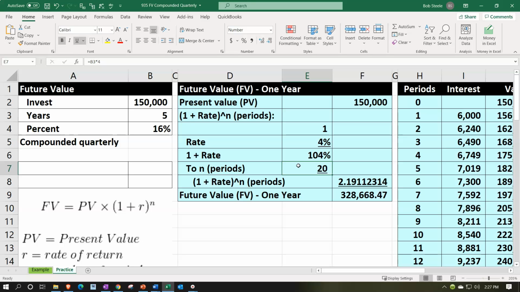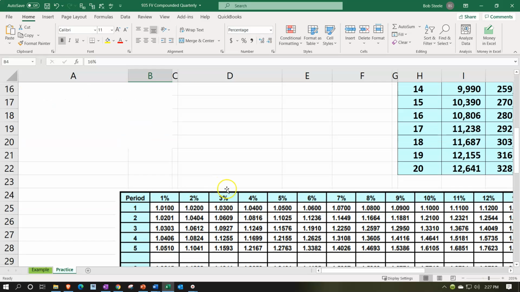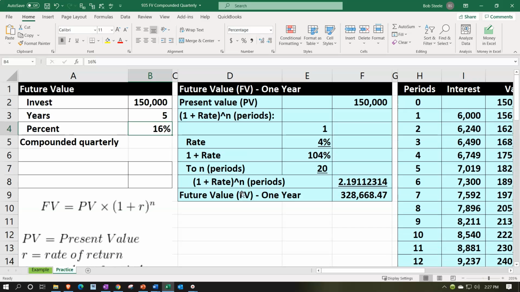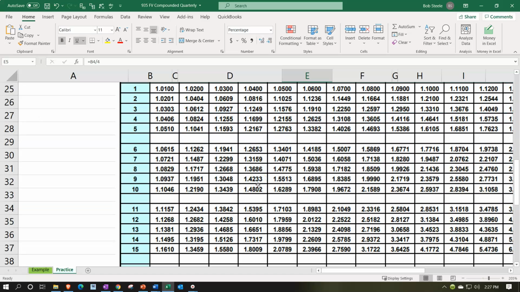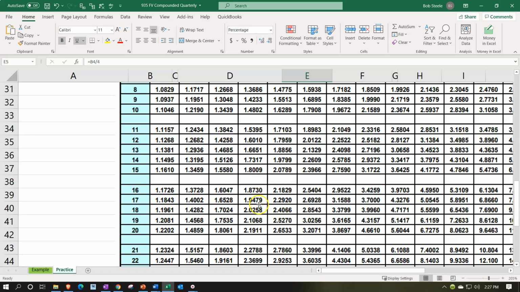Also note that if a book problem forces you to use tables, then they're going to have to give you kind of like round numbers over here because the tables only have those. They don't have a more nuanced decimal percent. So you're usually going to be working with kind of the same type of numbers if they're going to make you compound in that format so you can find it on the table. So we have the 4% and 20. Okay, 4 and 20. So we're going to go down here,